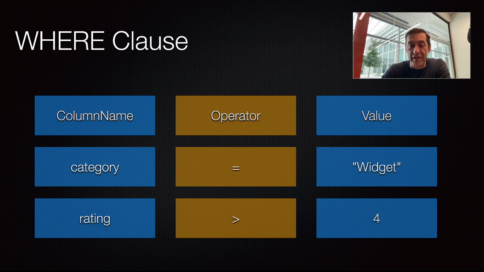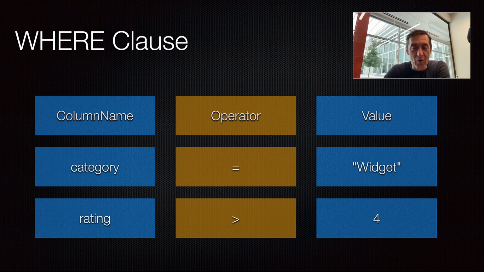Another example would be rating. In the same product table, there's a column called rating, which is either an integer or a double. I'm not sure. It is a numeric type. And for instance, if you want to get all the records where the rating is greater than 4, you would literally say rating > 4, and the 4 would be a number without quotes because it is a numeric column. And in the most primitive sense, it just goes like this. We will run these examples in Backendless console, and you will see exactly how it works.